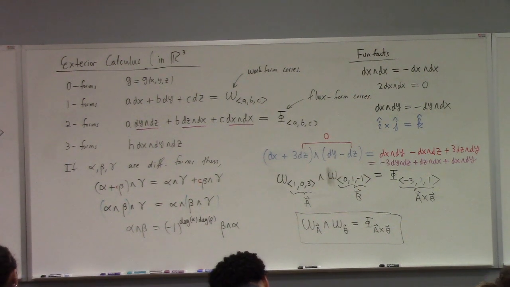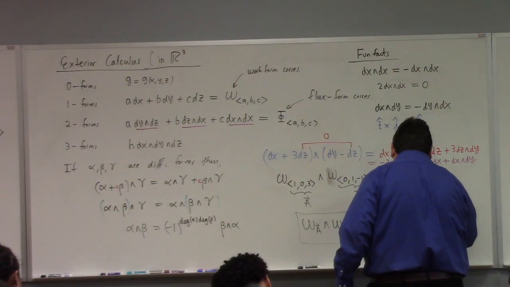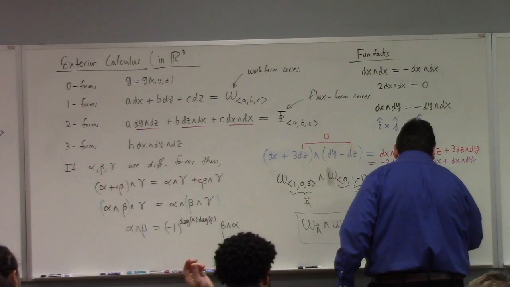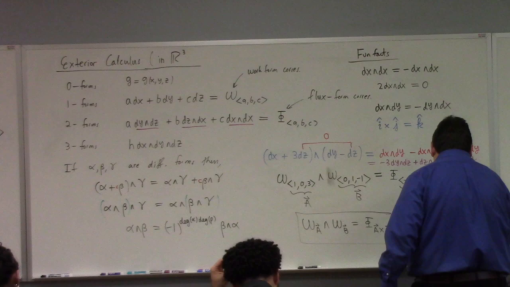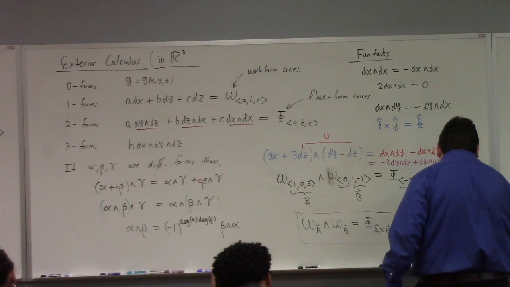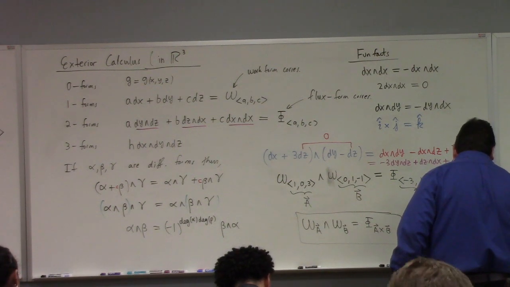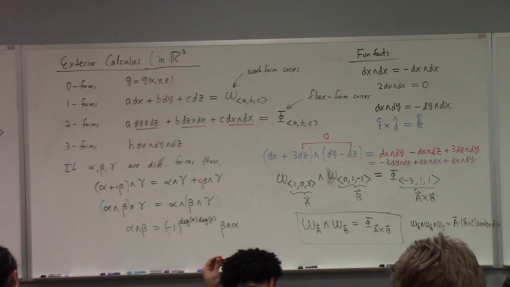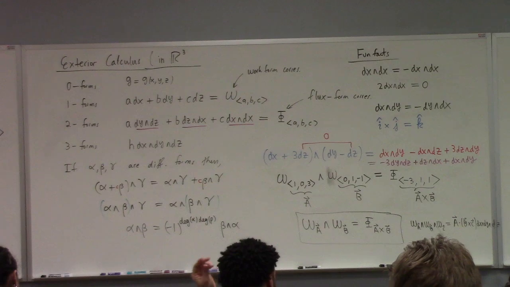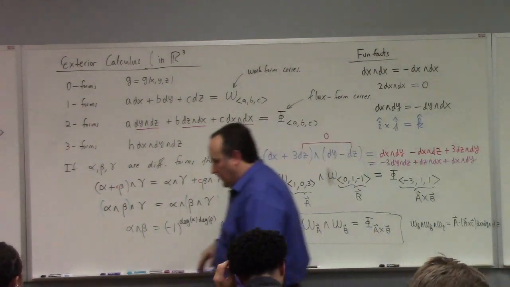All right? That's one thing. If you were to take the wedge product again, I won't prove this to you, but you could try it out for yourself. If we take omega A wedge omega B wedge omega C, what you get is A dot B cross C times dx wedge dy wedge dz. All right. We don't actually need too much of this. I just wanted to give you enough to have a sense of it. Now I'm going to turn to calculus. So every one of these differential forms that I've introduced you to